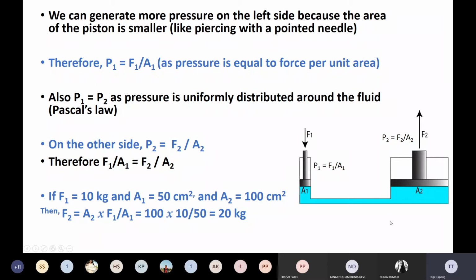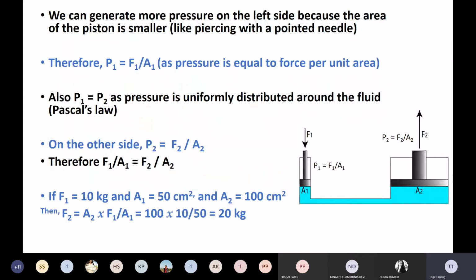So in this way, with a small amount of force on one side, we are generating a higher amount of force on the other side using this simple Pascal's law. This is one of the greatest examples of Pascal's law application. Like we can lift a car with the help of a hydraulic jack. If a car is more than 1000 kg, lifting it is almost impossible for a human being. But if you use Pascal's law and a hydraulic jack, you press the jack on one side, and the car will lift on the other side.